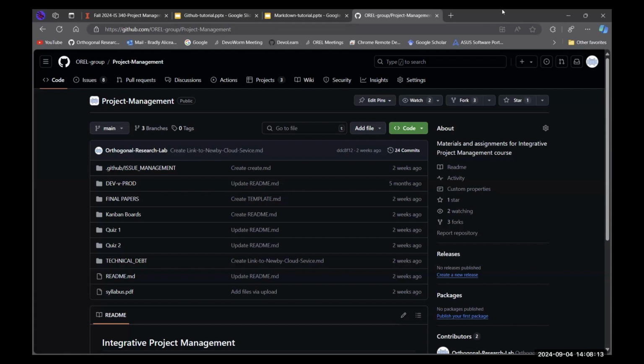You're going to be interested in quiz one next week, and then quiz two, and then we have some other resources in here. When I assign quiz one, I'm going to go through what you have to do for that. It'll be pretty simple, but you'll have to master something called a pull request. We'll go through what those are next week, or actually maybe today, but in the next week. So this is where we're going to be. We're going to be at this URL.